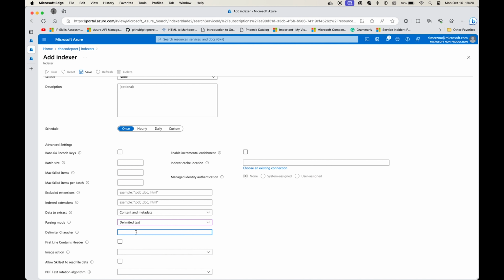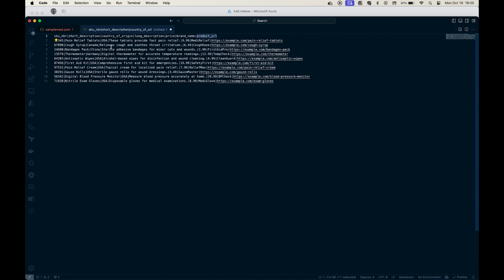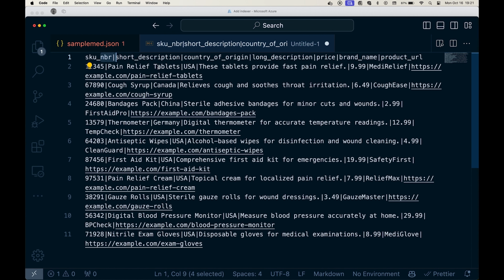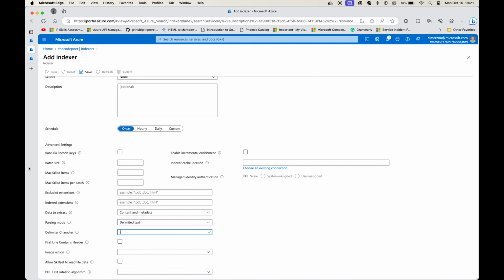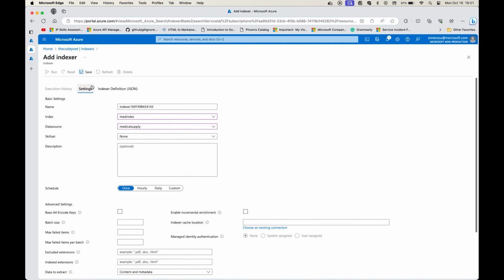Here, again, it's very important to know what type of data source you're bringing. In our case, it's a text file, right? Delimited text. And the delimiter is a pipe in this case, right? So let's go back and say delimited text and insert pipe. And then the first line is our header. So once we press save, it actually generates our